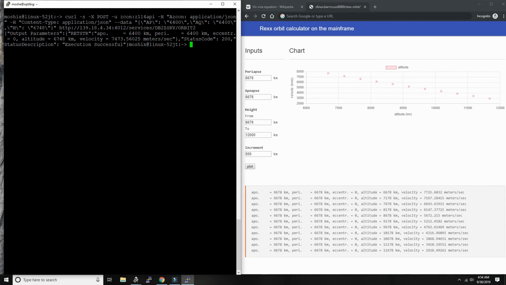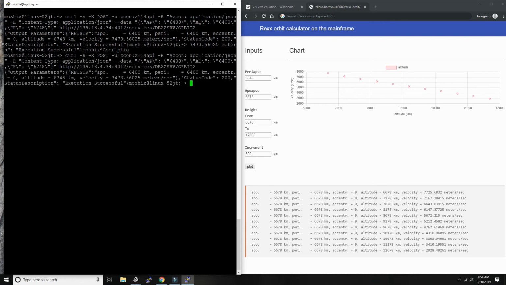So it calculates a velocity for a given altitude and eccentricity of an ellipse or elliptical orbit. So now, given that I can just send this to DB2 on z/OS and get this response back through the Rexx script that I sent to Sebastian,